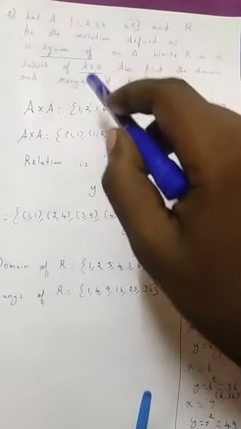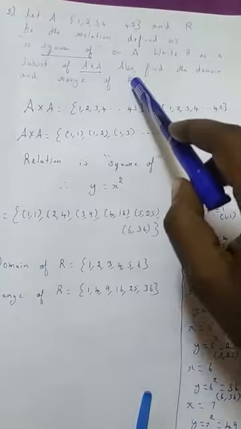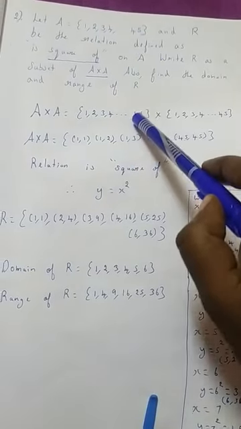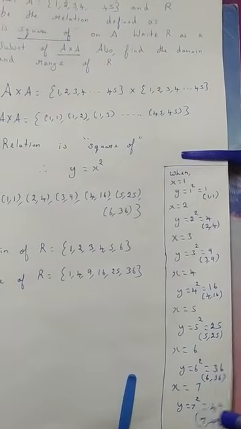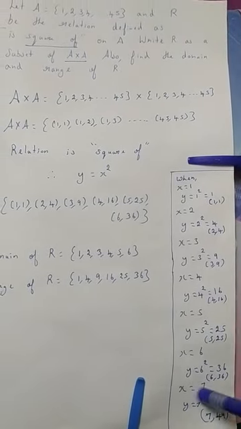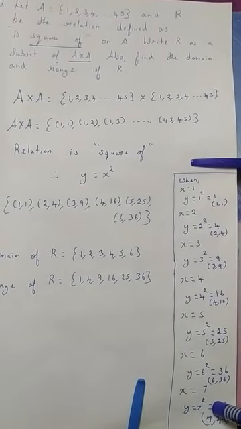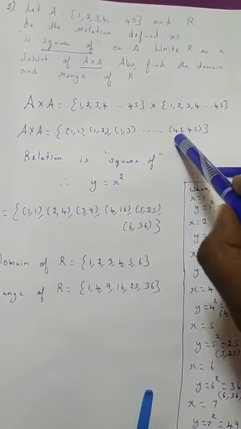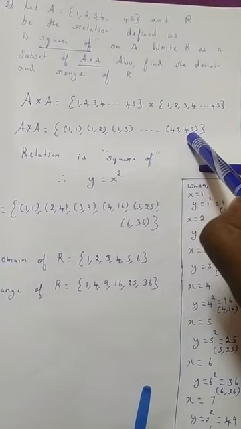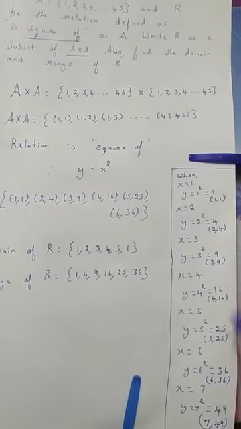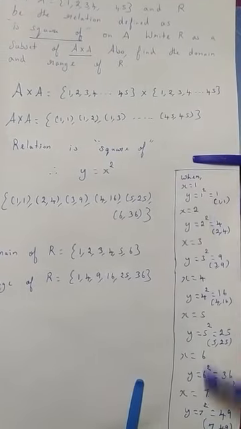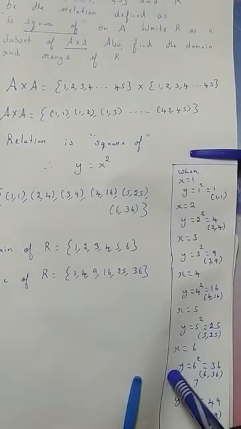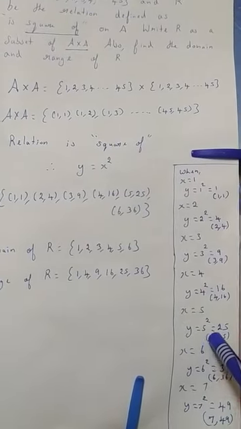But in this question it is clearly mentioned that we have the numbers only up to 45. But here we have 49. So obviously we can't get this ordered pair from A cross A, because the last element is 45, 45. So we can't get 7, 49 in A cross A. So we should stop here itself, that is up to 6.